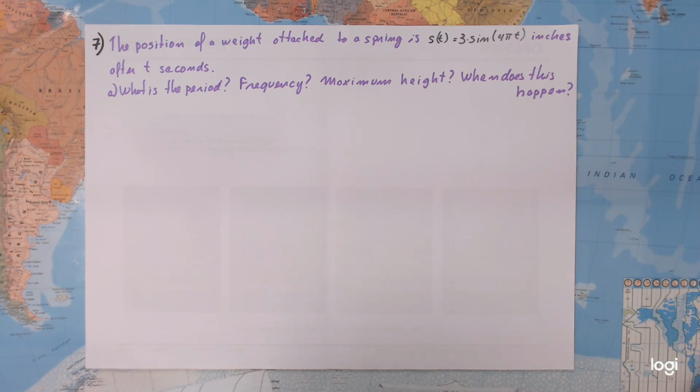Okay, now we have this exercise number 7. The position of a weight attached to a spring is S of t is 3 sine of 4 pi t. Length is in inches and time is in seconds. From this we have to find out the period, the frequency, the maximum height that this weight is going to